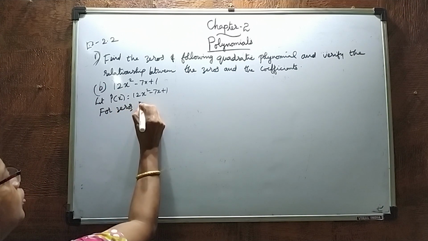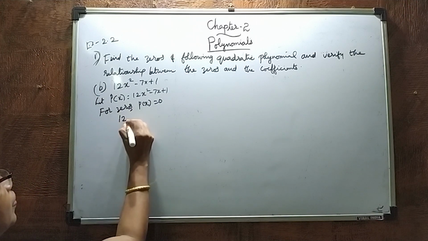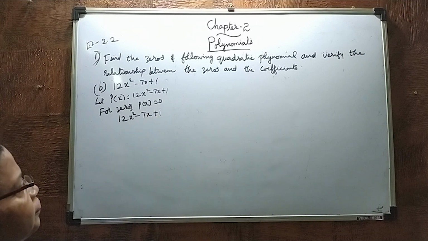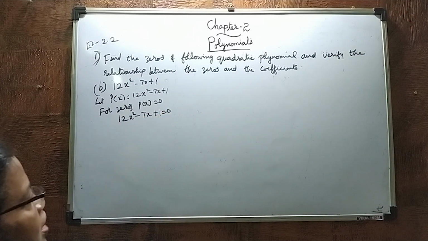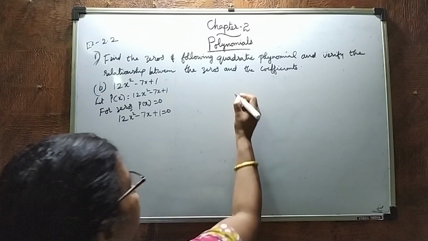For zeros, p of x should be equal to 0. Then it is 12x square minus 7x plus 1 equal to 0. Now next step what you have to do? You have to split it. So here we will write